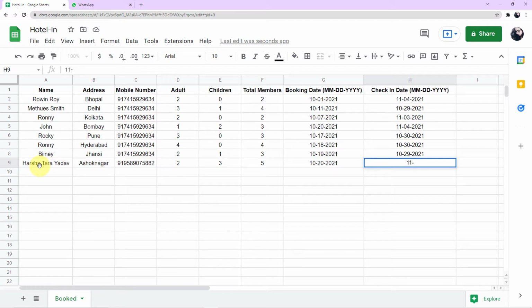So you can see I have added another row here in my spreadsheet, and the name of the person who booked a hotel room in our hotel is Wv Ck, and I filled the details of the person like this. Now I am going to enter the check-in date of the person, which is this 11/4/2021, right? So today is